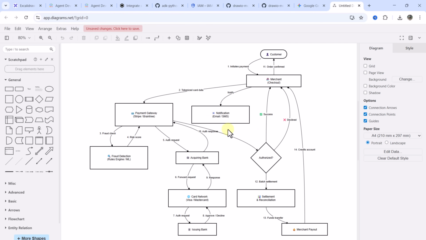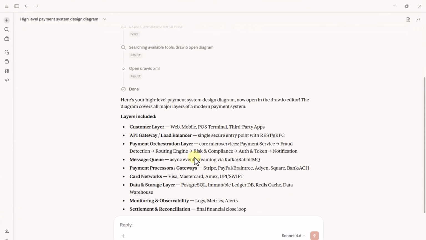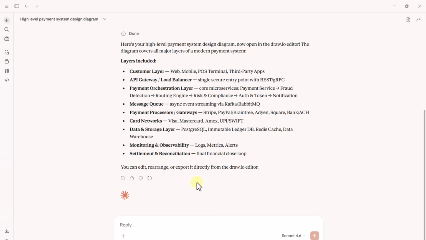And it has automatically routed us to the web URL where we can see and edit our diagram. And the same thing it has listed here also, with the details like what kind of layers have been included. So that's how you can interact with Excalidraw and